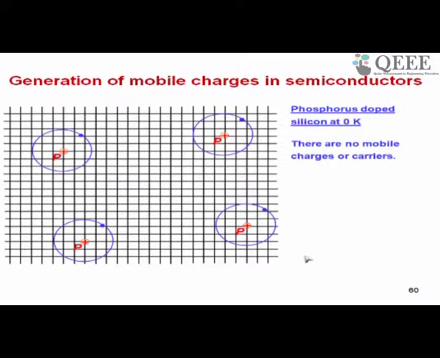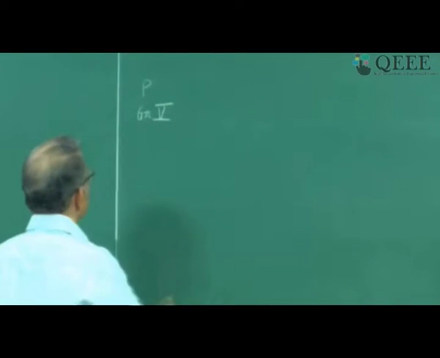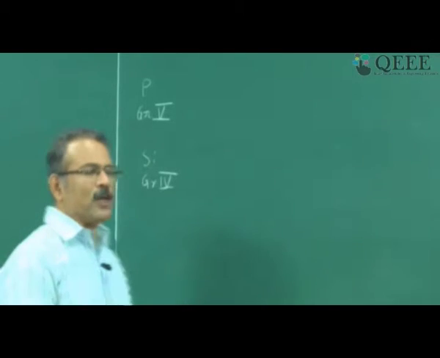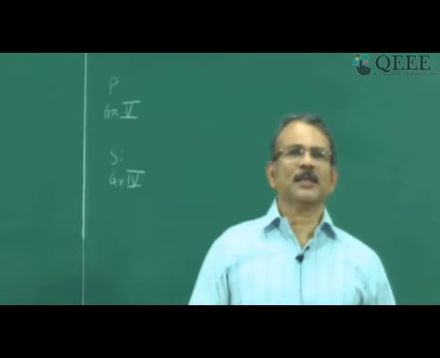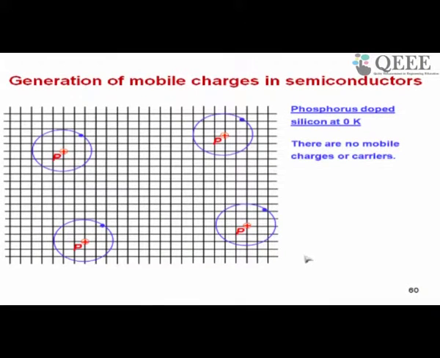Then we began a discussion of the extrinsic semiconductor, that is, what happens if you introduce dopants. So first we start with phosphorus doping. Phosphorus is a group 5 impurity and silicon, you know, is group 4. So when you put a phosphorus atom in silicon, the fifth electron is not participating in bonding and therefore it revolves around the phosphorus atom. Without the fifth electron, the phosphorus atom is positively charged, because with 5 electrons in the outermost orbit, the phosphorus atom is neutral. So without the fifth electron, it is positively charged, and so the picture is somewhat like this as shown here.